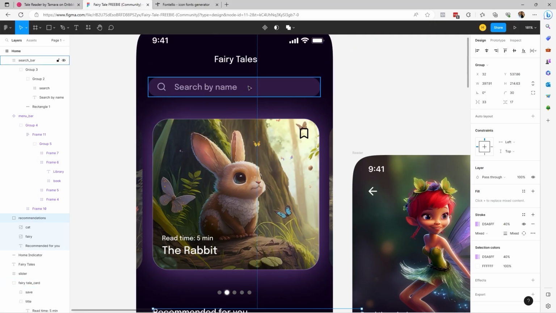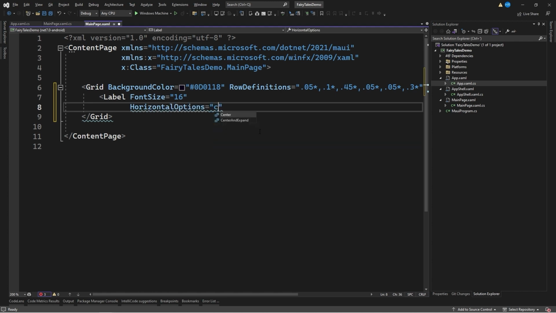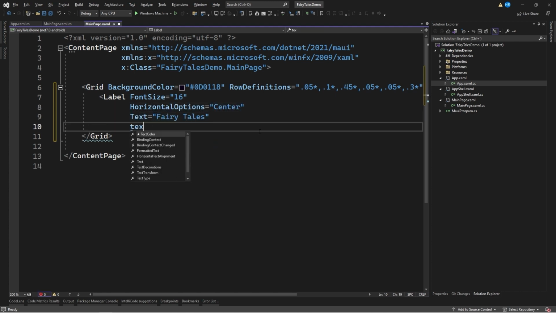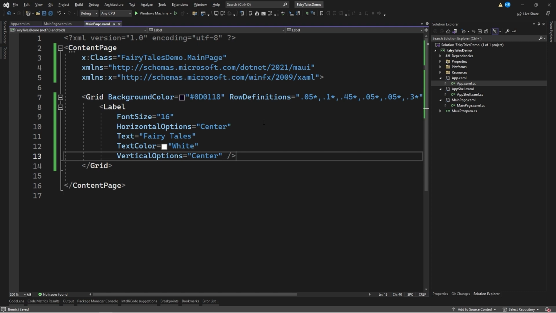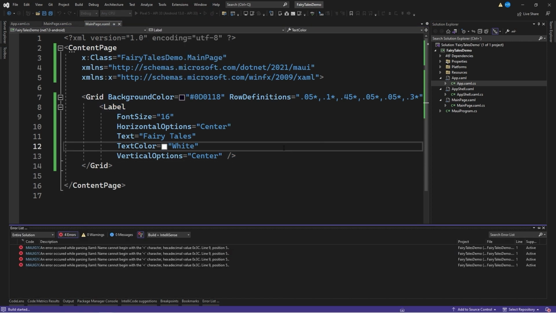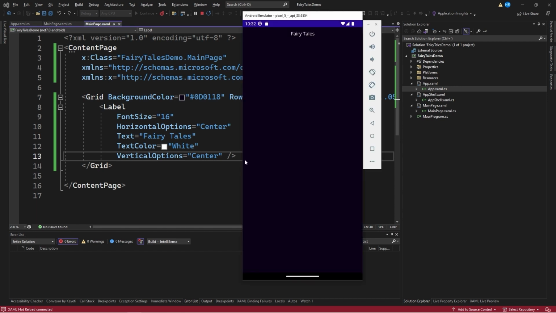Once this is done, we will start writing the title using a label control. We will indicate a font size equal to 16, horizontal options equal to center, text equal to fairy tales, text color equal to white, and vertical options equal to center. With these changes made, we will start the application in the Android emulator. After waiting a few seconds, we see the application and can observe the label control at the top displaying the